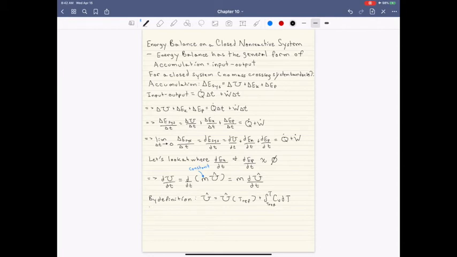For the case where our constant volume heat capacity is just a constant, so if CV is a constant,